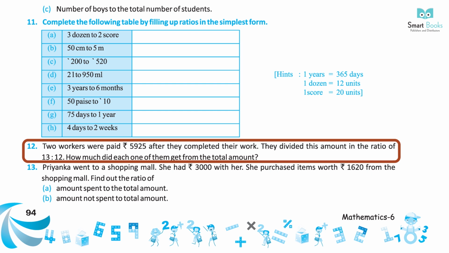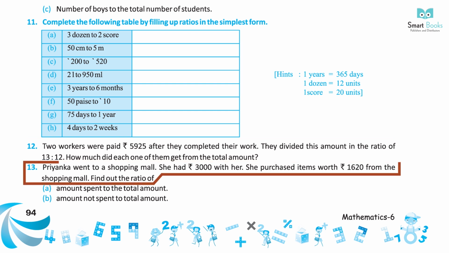5,925 after they completed their work. They divided this amount in the ratio of 13:12. How much did each one of them get from the total amount? Solution: rupees 3,081, rupees